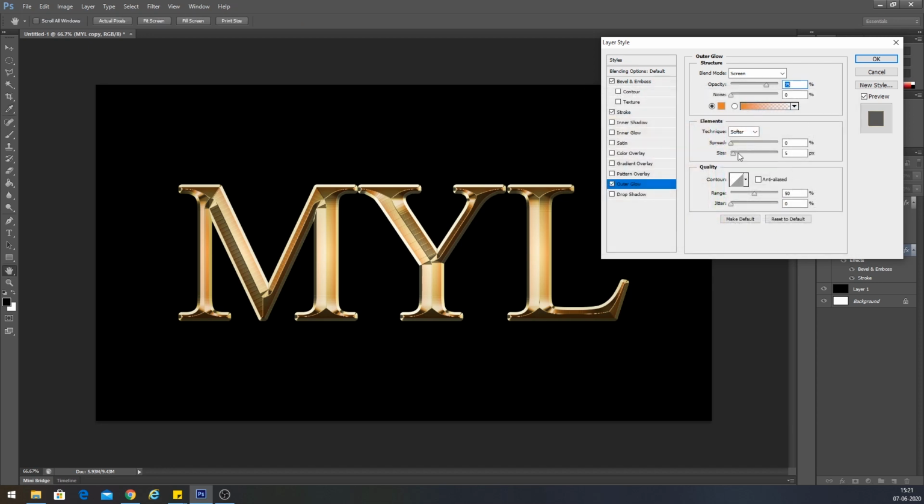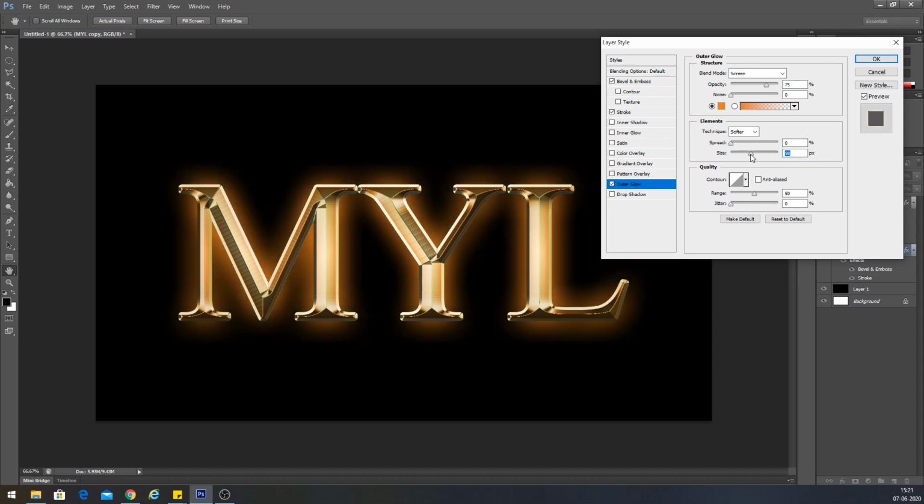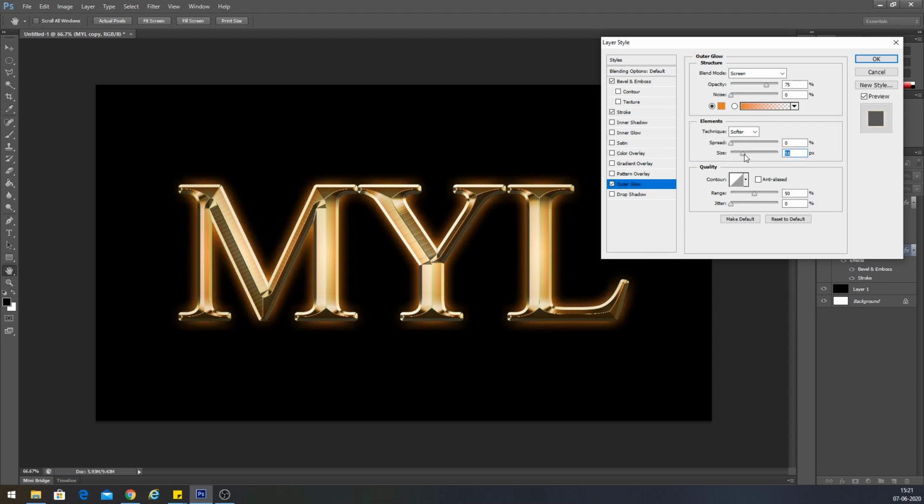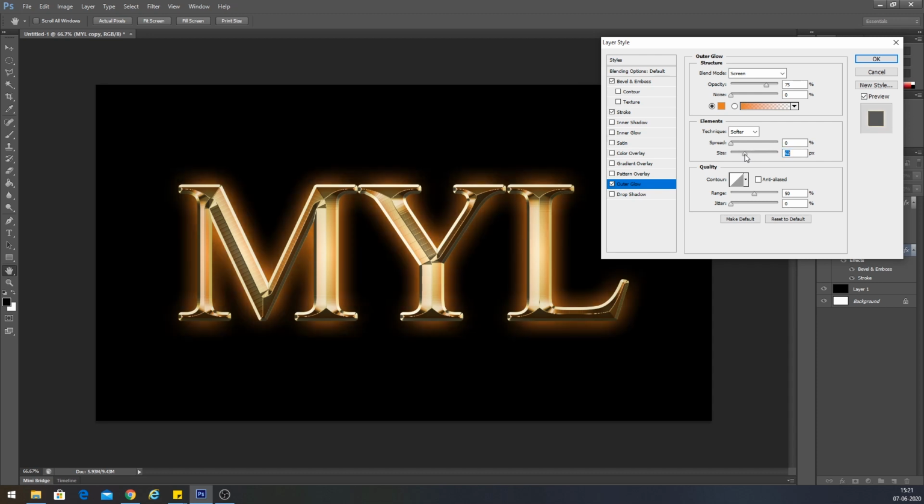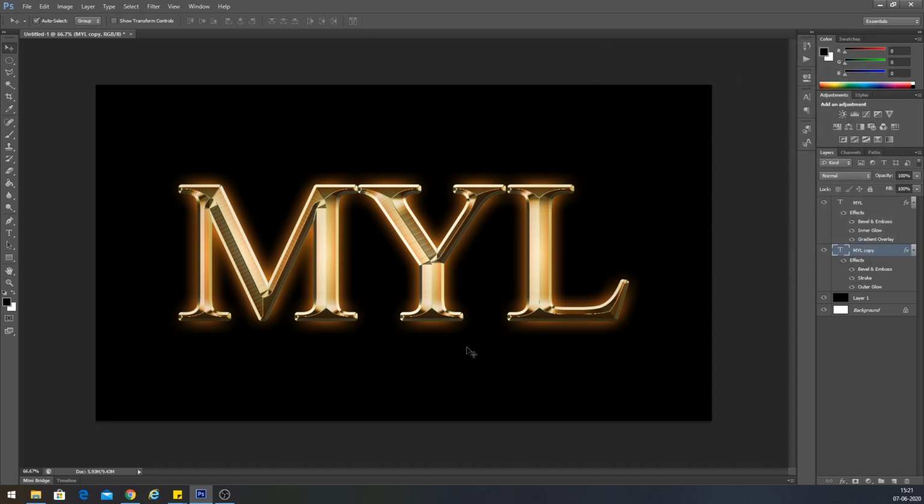It totally depends on you how you prefer. Increase the size of the glow. This looks much better, much better. Okay, click on OK now. So we have now a gold color.